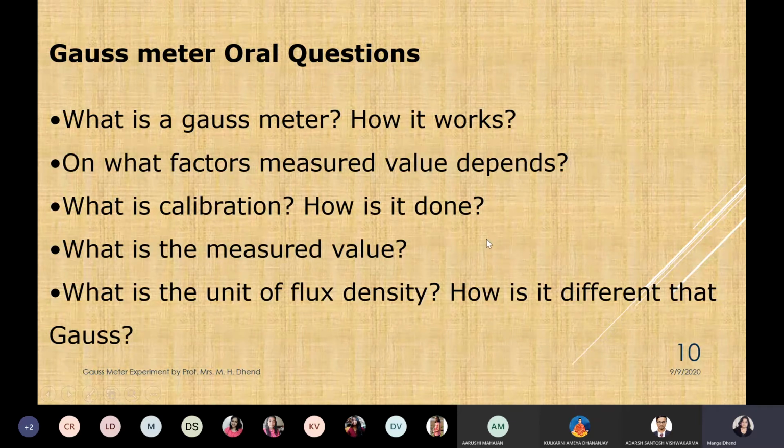What is calibration and how it is done? Now, as we are performing virtually, we don't need to calibrate it. So calibration is a process in which you will make your equipment. First, you will check whether it is reading correctly or no. And if it is not reading correctly, you will make it to read it correctly. So in Hall voltage, you use known flux density. Suppose I will use magnet. Magnets are there in the lab. So magnet is having suppose 10 Gauss. Flux density of that permanent magnet is 10 Gauss.